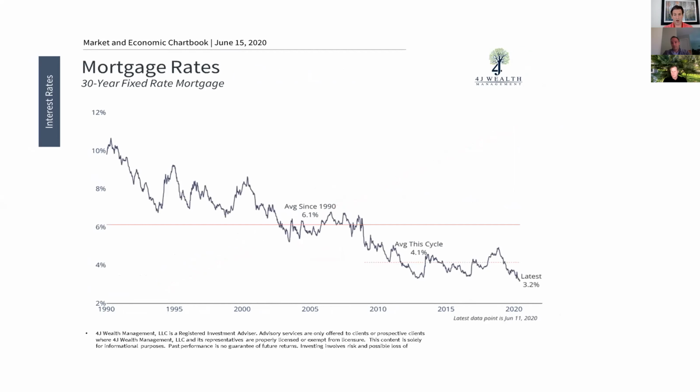As you can see here, this is 30-year fixed rate mortgages going back to 1990, as high as north of 10% back in 1990. They dropped significantly back in 2008, 2009 during the financial crisis. And then just recently, after the Fed's most recent actions, 30-year fixed rates, as you can see there on the bottom right, are at 3.2%. We've had clients get as low as 3% over a 30-year time period. So pretty amazing. If you're looking to buy a home or are looking at refinancing, now is a pretty opportunistic time to do so because of where mortgage rates are.